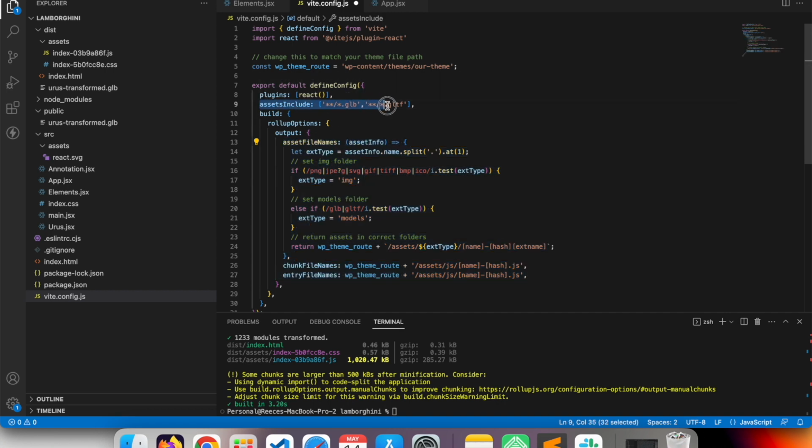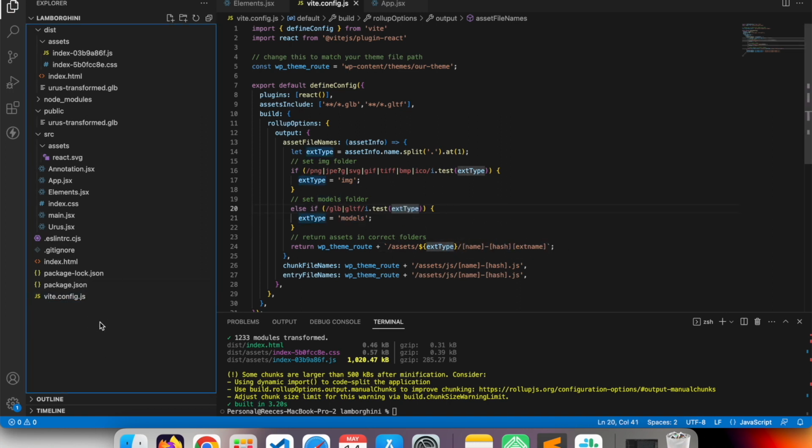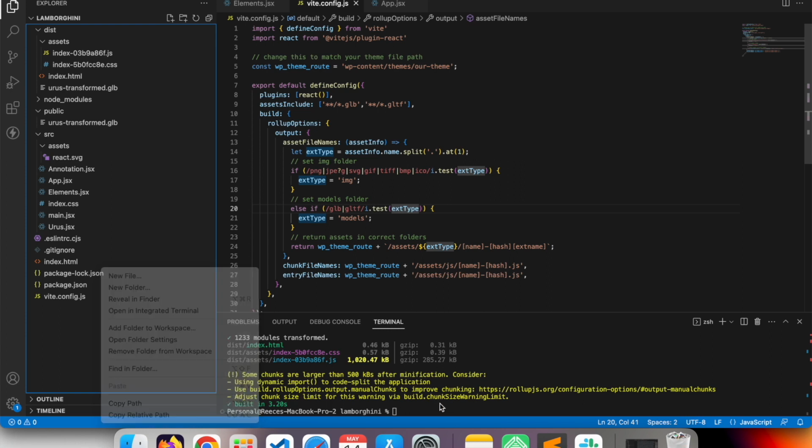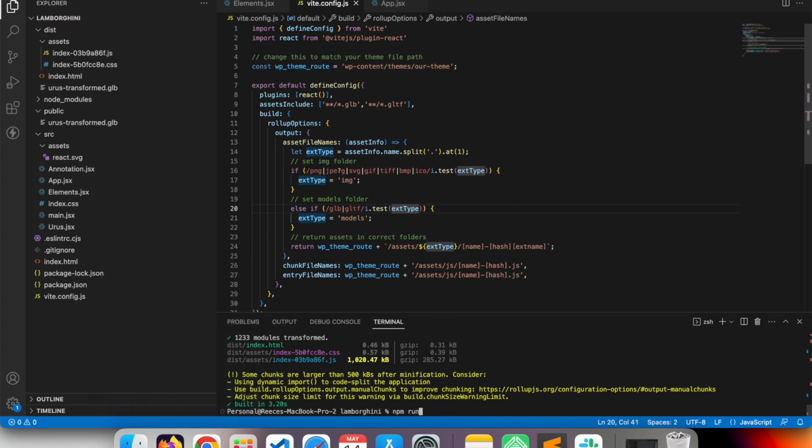So assets includes, we want GLB and GLTF, and then that means when we loop through during the compiling stage, we can see whether it's an image and create a new folder called images, and our files will go into that. And if it's a model, it will go ahead and create a new folder called models and output it there. So if I save that out and we go ahead and do npm run build,